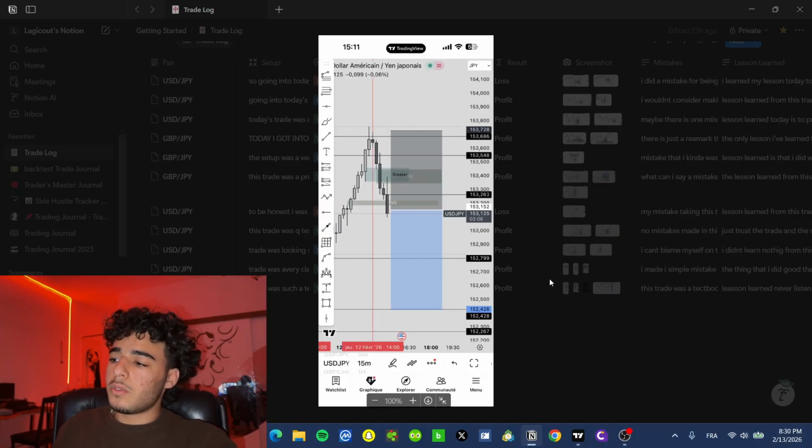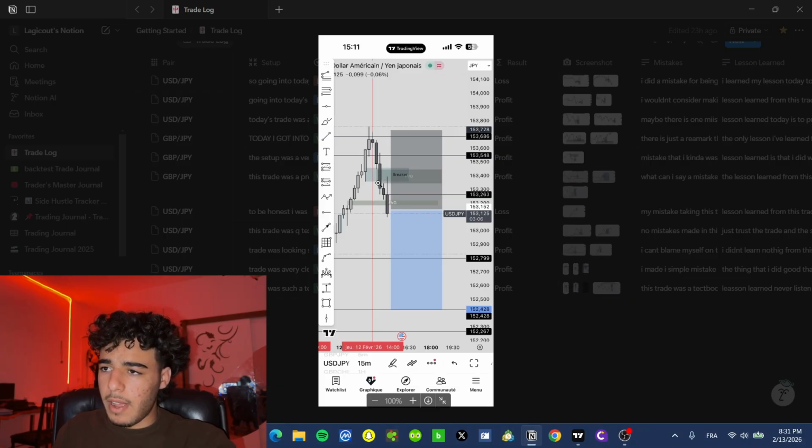So this was a very clean trade as well. With the same exact setup, we were bearish on the 4 hour, bearish on the daily, bearish on the 1 hour, and bearish on the 15 minute. Then I saw a sweep of liquidity right when the New York session started. We swept out those 4 hour highs, those London session highs, and after that we have this breaker block on the 5 minute time frame.